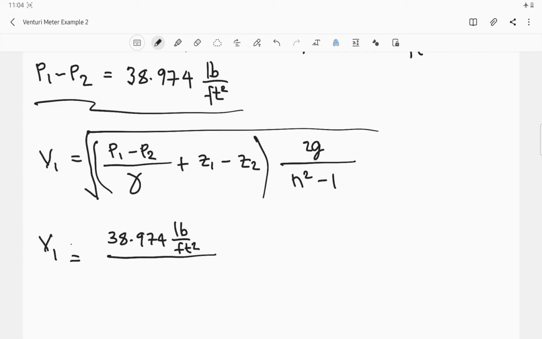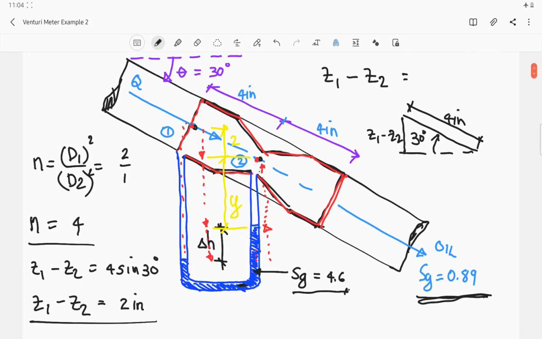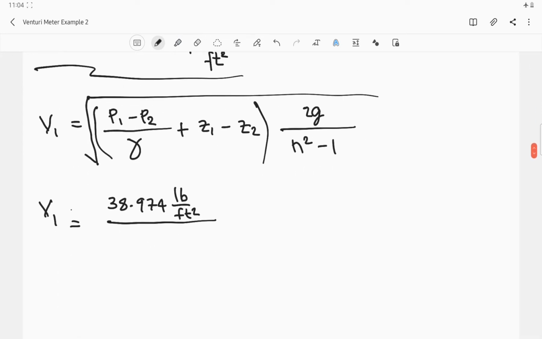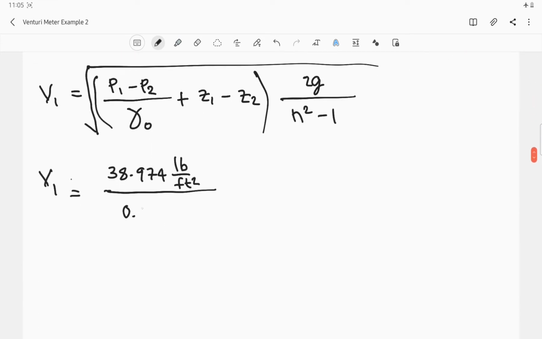By the way, since the fluid flowing in our Venturi meter is oil, this is not the unit weight of water, this is the unit weight of oil, because the fluid passing through our device is oil, which has a specific gravity of 0.89 times the unit weight of water, 62.4 pounds per cubic foot,